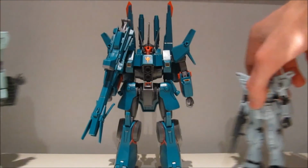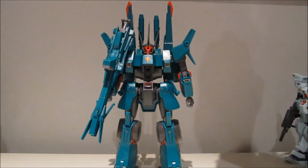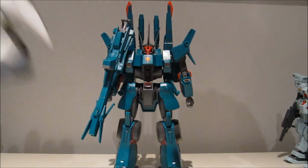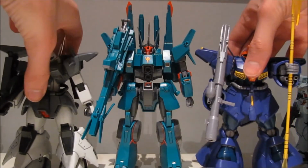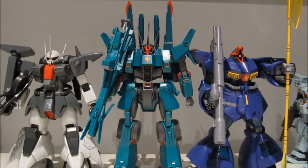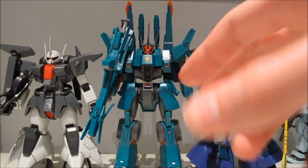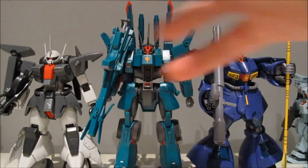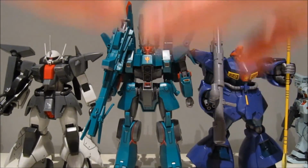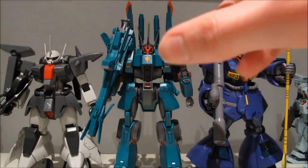And let's put it next to his two companions from the Neo Zeon Wars. Well, I say companions, but it was a direct rival of the Zaku 3. And man, that is one hell of a menacing trio. And you know, why not pick up all three and have one of the most devastating Triforces around, the Triforce